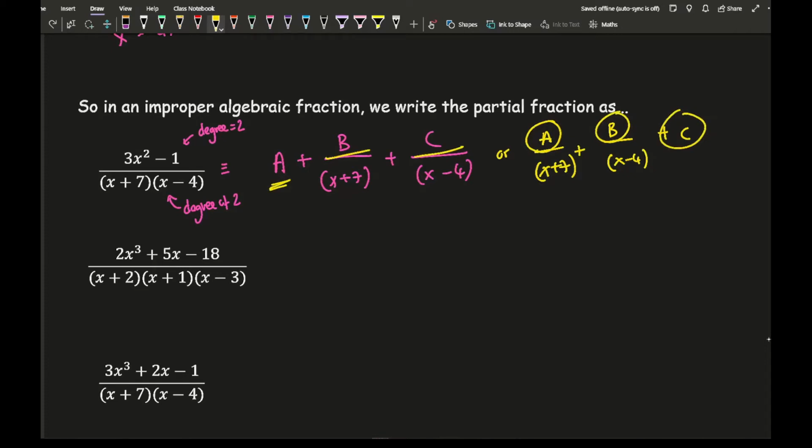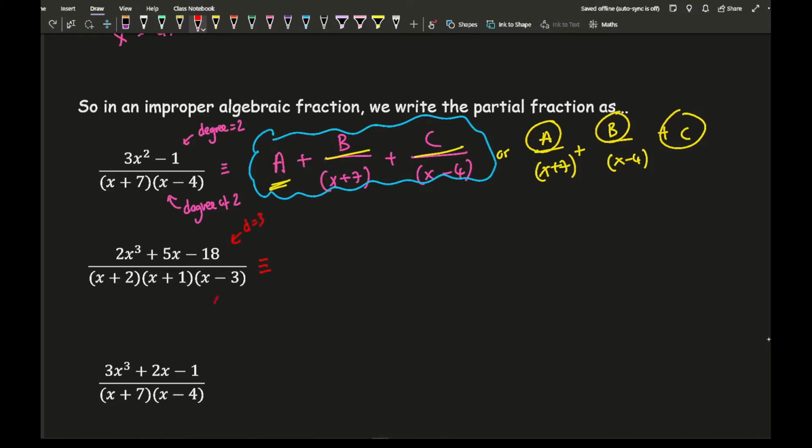So as long as you've got the right numerator over the right denominator and the right constant value, you're still going to get full marks depending on how you set it out. But me personally, I always recommend going for this step here, trying not to write over the actual answer. So looking at this next one here, I've got a degree of x of 3, so just put d equals 3,